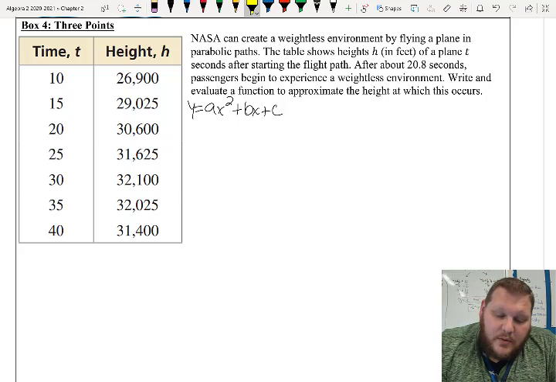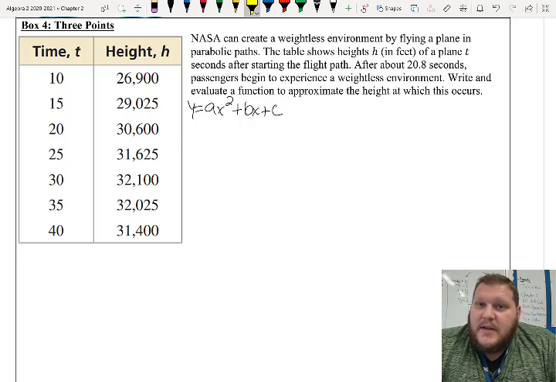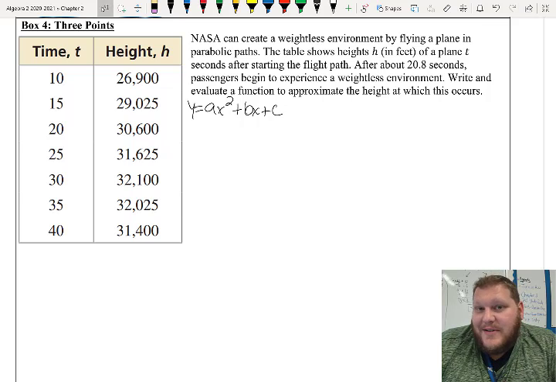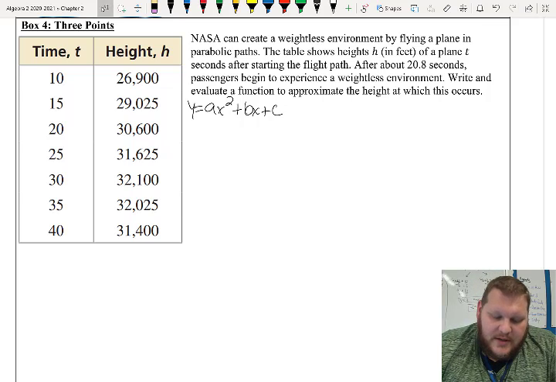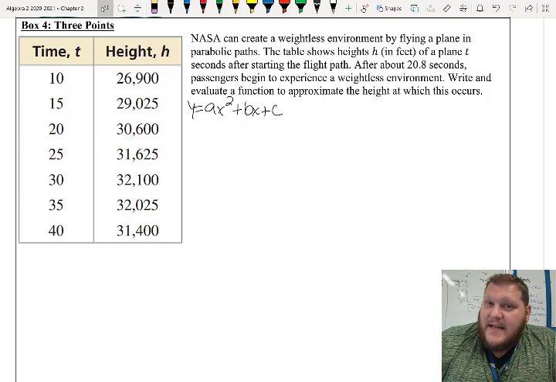So what we're going to have to do is pick out 3 different points and plug those into 3 different equations for x and y to be able to write a 3-variable system, so we can solve for what a is, what b is, and what c is. I want to be very strategic in the points that I choose, because some of them might be easier to use than others. I'm going to try and pick as clean of numbers as I can based on